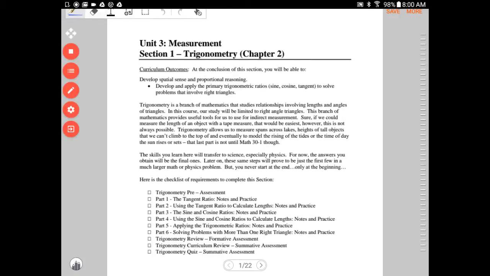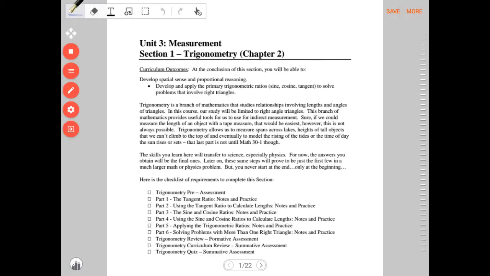Hi everyone, Unit 3 Measurement, Section 1, Trigonometry. This is Chapter 2 in your textbook. So there's a curriculum outcome I want you to be aware of. You will develop spatial sense and proportional reasoning. Specifically, you will develop and apply the primary trigonometric ratios, sine, cosine, and tangent, to solve problems that involve right